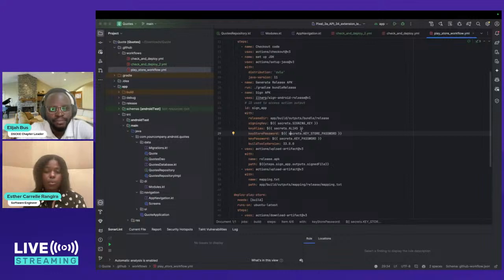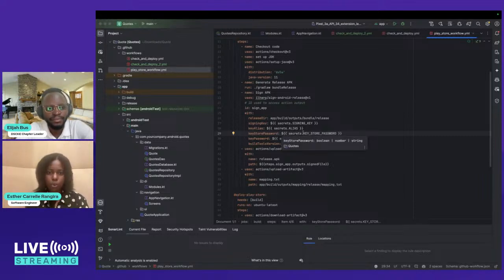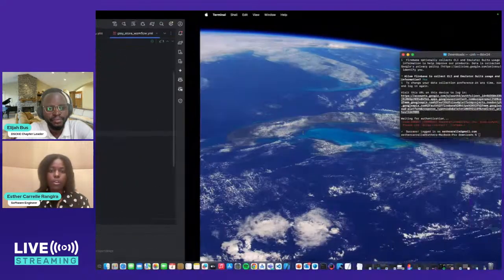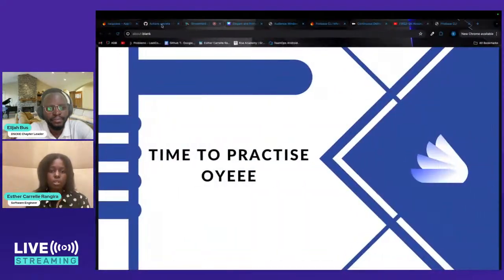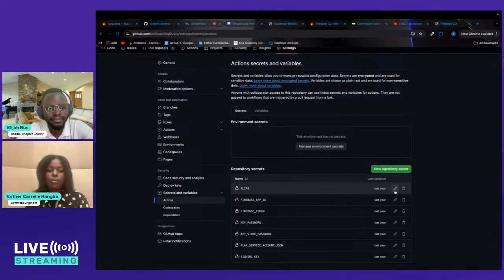But then what if someone has access to this and can see the key store? And as we also know, there is reverse engineering. With reverse engineering, it's very easy, because with a key you can access whatever you want. So the best secured way is to make sure that it's stored somewhere here in GitHub as action secrets, and